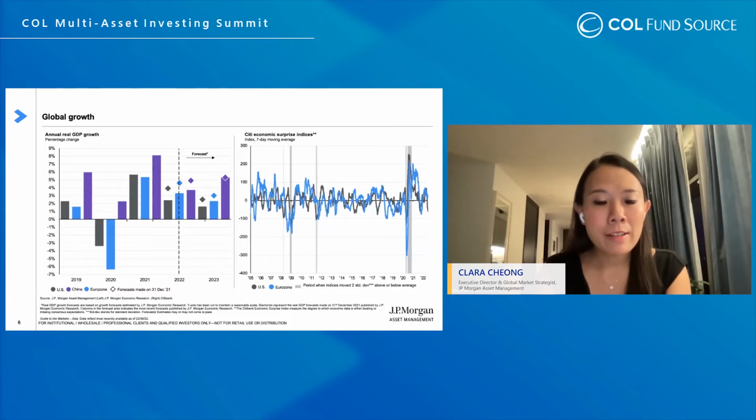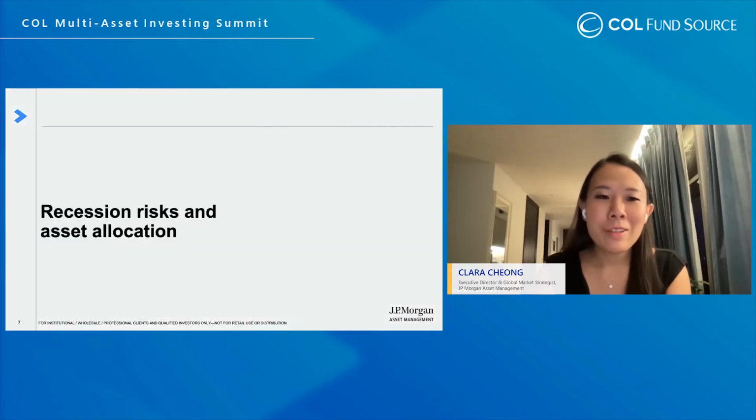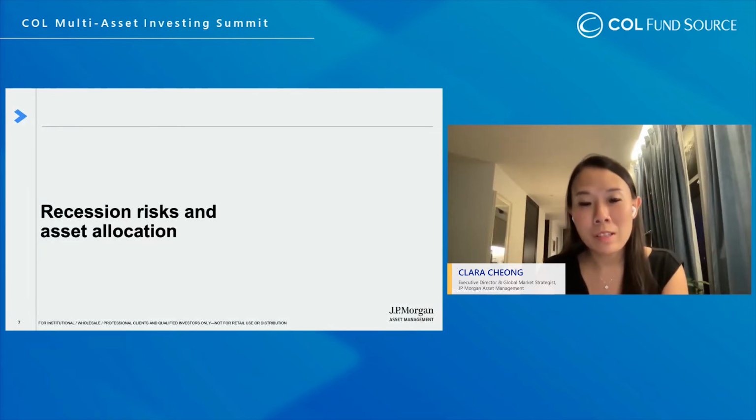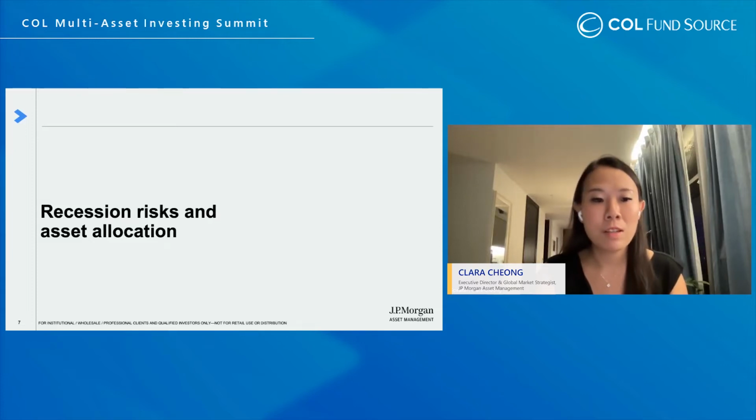So on the next slide, what I've gone through so far is that the US economy, which is the biggest in the world, is expected to slow. The Fed has lost patience with inflation. So we acknowledge that recession risks have risen, even though things still look okay for now, but it doesn't mean that things cannot change rapidly. In the worst case scenario, we can find ourselves in a recession sooner rather than later.